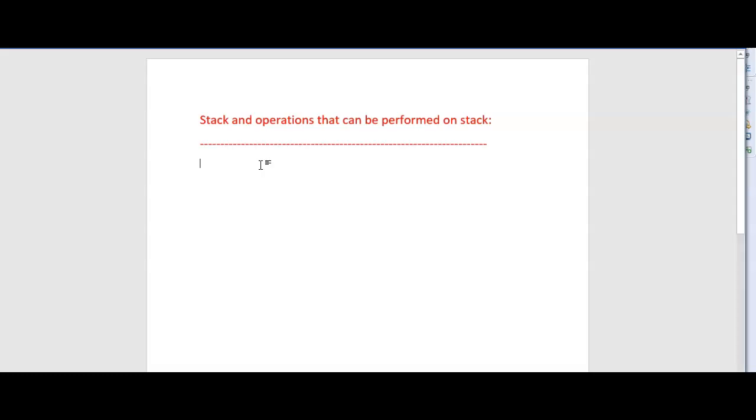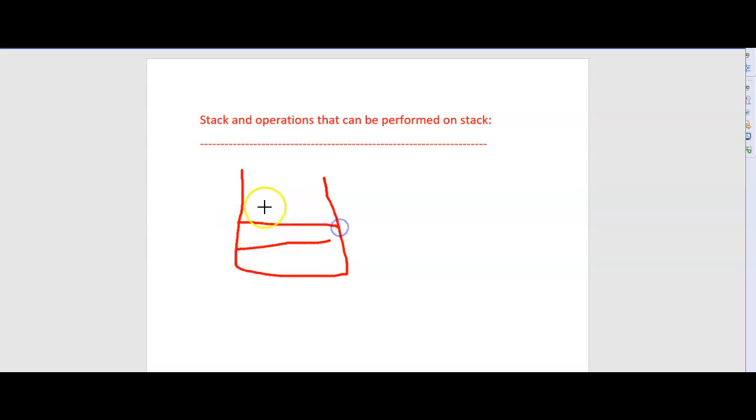A stack is a data structure where we add elements to the top of the stack and also remove the elements from the top again. Let's try to understand. So a stack is a data structure. It will be like this. Assume that it's like a container where there will be opening at only one end. So 1 element, 2 and then 3 and 4 like this.